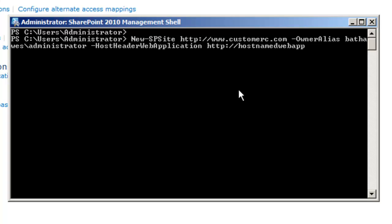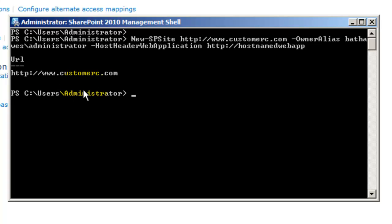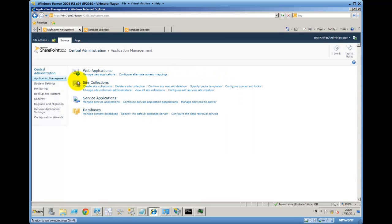While we're waiting for that, it's worth noting that while this might take between 5 and 10 seconds, say, this is comparable to creating a web application, and creating a web app might take between 5 and 10 minutes and introduce a lot of overheads, as I mentioned in the slides. So that's now created. I'm just going to flick over to